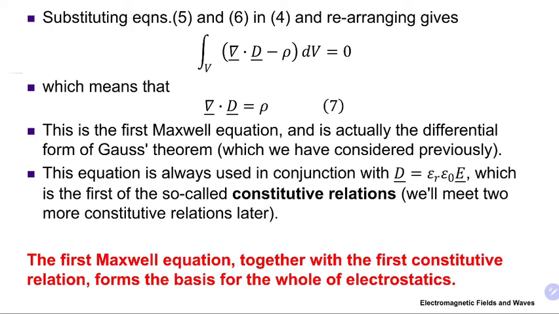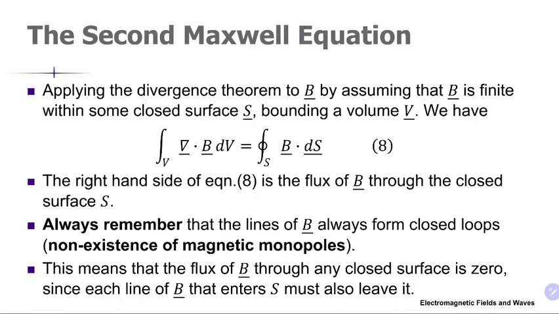Statements below in red, the first Maxwell equation together with the first constitutive relation form the basis of the whole electrostatics. So this equation is everything we have learned about electrostatics. So we have spent so many topics on electrostatics, and Maxwell summed it all up in one equation, or two actually, this and this. Second Maxwell equation, the first one is on electrostatics, the second one is on magnetostatics, so our